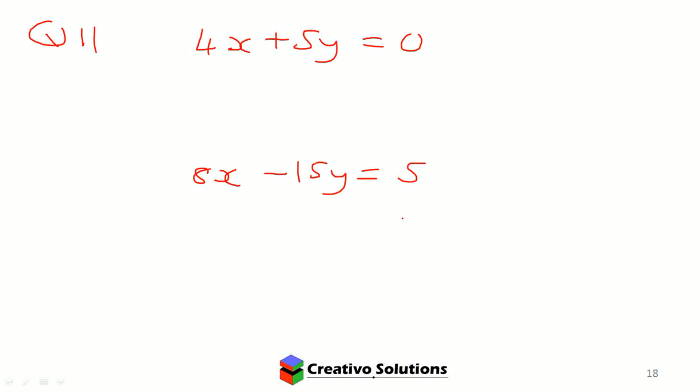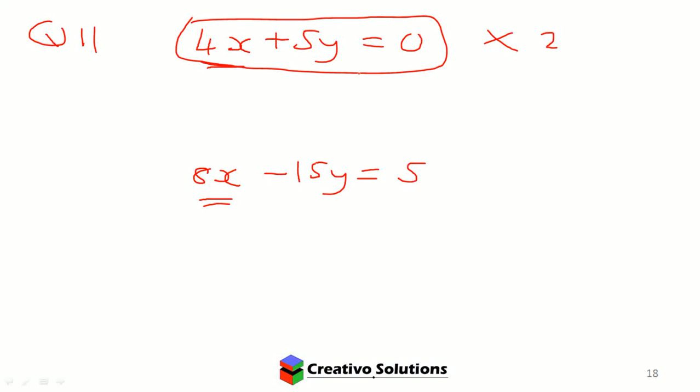to eliminate one variable by substituting in the other. Here I can see that I've got 4x plus 5y, and I could actually use elimination if I made these two numbers the same in terms of the number of x's or the number of y's. So I'm going to take equation number 1 and multiply it by 2 to make it bigger. So then I'm going to have 8x plus 10y